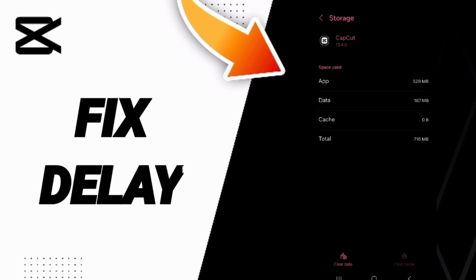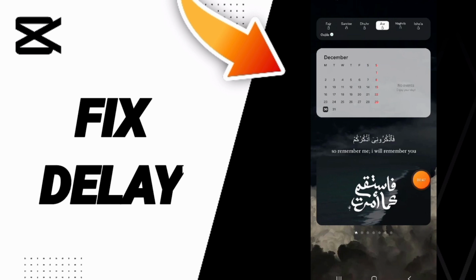Then we click on clear cache, but pay attention, don't click clear data because that can delete your account. In the end, you can turn off your phone and wait a moment before restarting your phone again